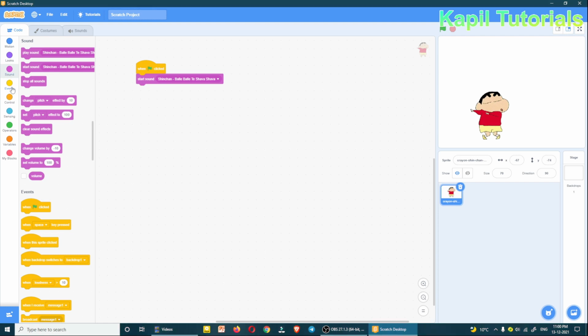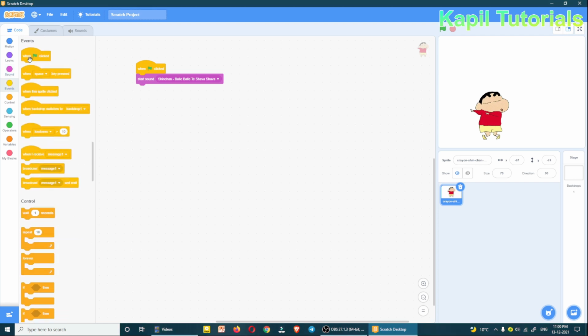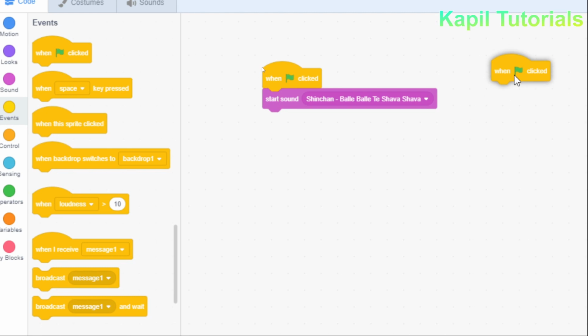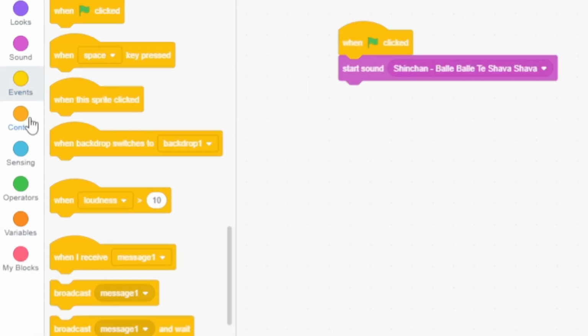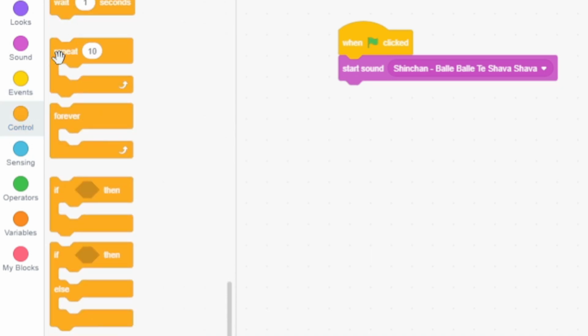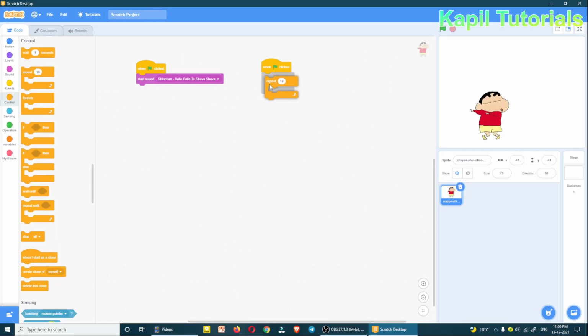Now again I want to click on events. When clicked, because simultaneously I want to make my Shinchan dance. So I'll click on repeat, and I want to repeat it 40 times because I have done it earlier, so I know.